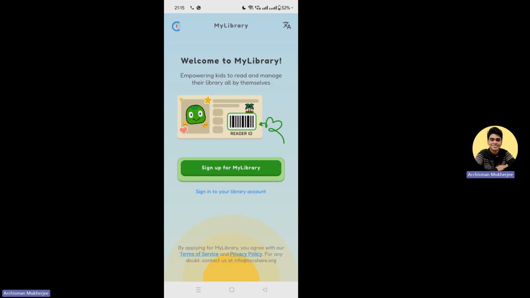Hello. So, welcome to this demo for the MyLibrary app that we have built, and we are in the process of applying for the app to be published in Play Store. So, I will be giving a quick demo of the entire app, so that everybody understands how the app is supposed to work. So, this is the home screen of the app, and we have the terms of service